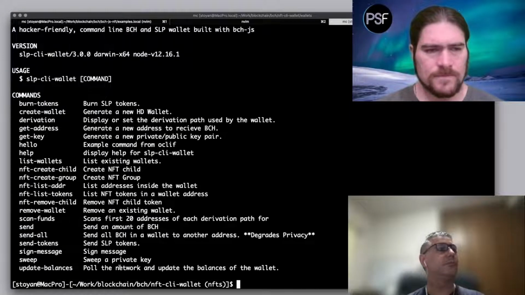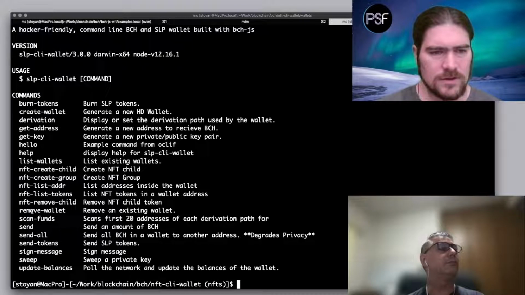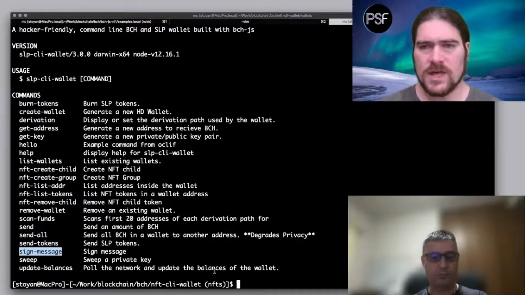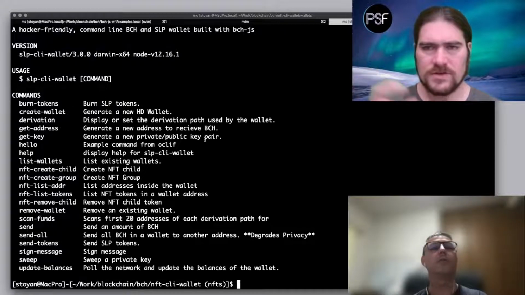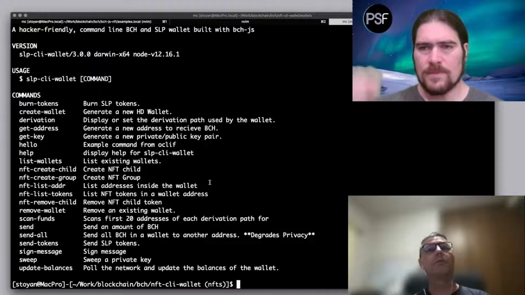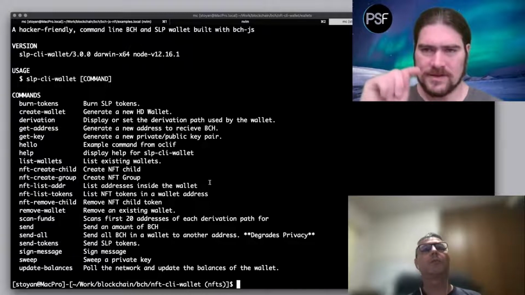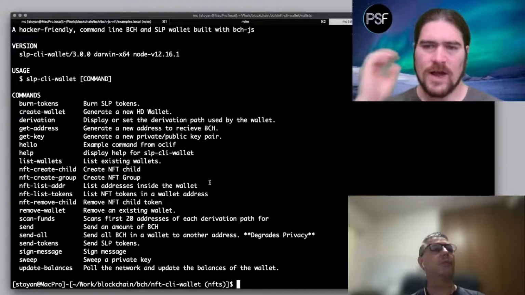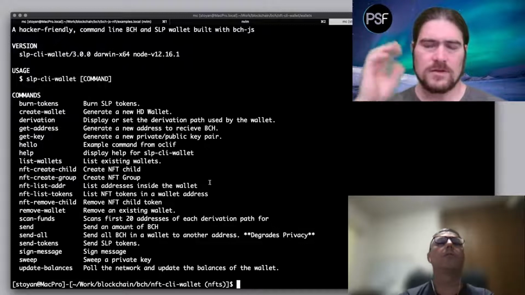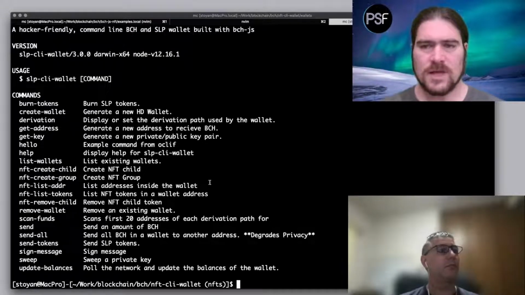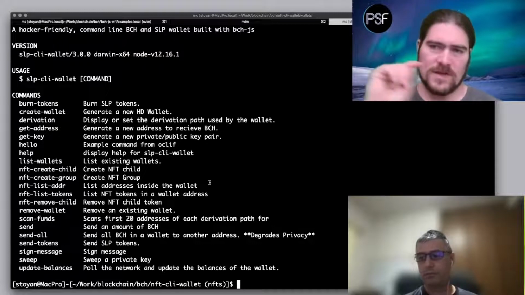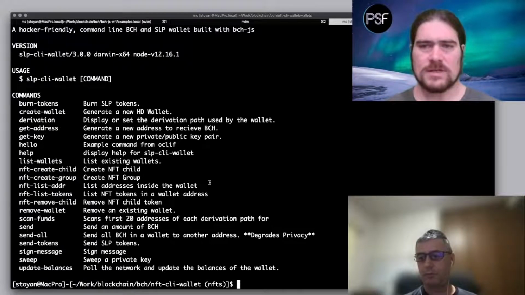And yeah, there's a sign message call, and there was something I was doing. It might be the get key. I think if you call the get key command and then you look at the wallet file, the actual JSON file that it generated for the wallet, there's a property in there where it's doing what you're doing with the index. It's like, this is the index that I'm using to sign messages, so that you're not randomly signing a message with a random address in the HD wallet. You basically tell it, this is the address that I want to sign messages with.